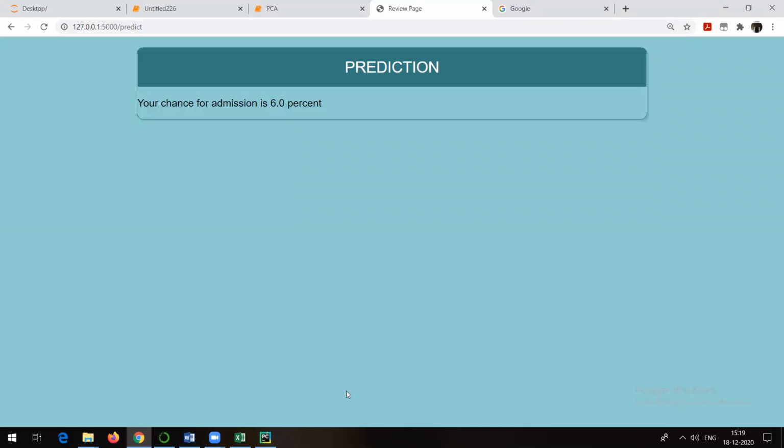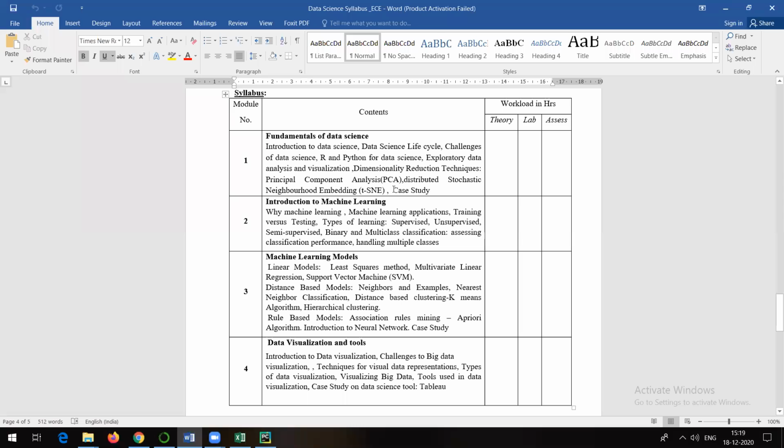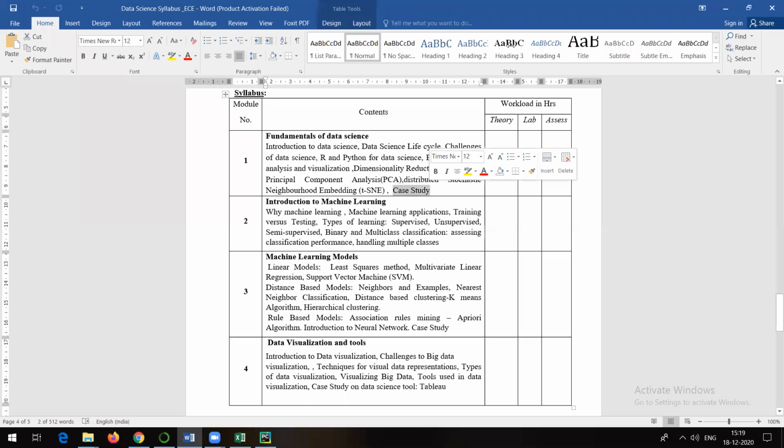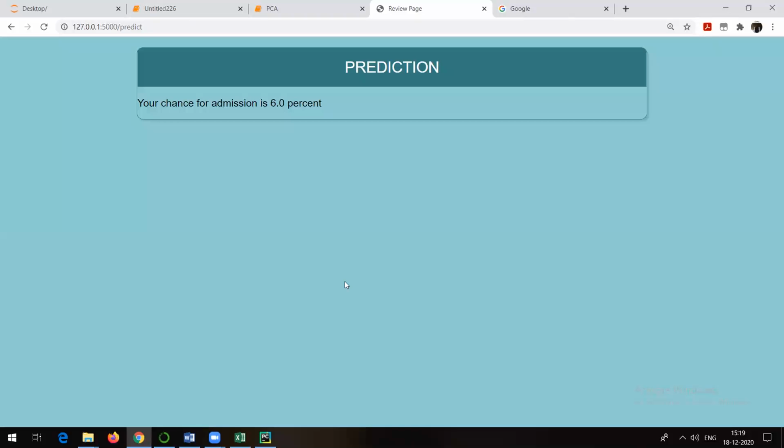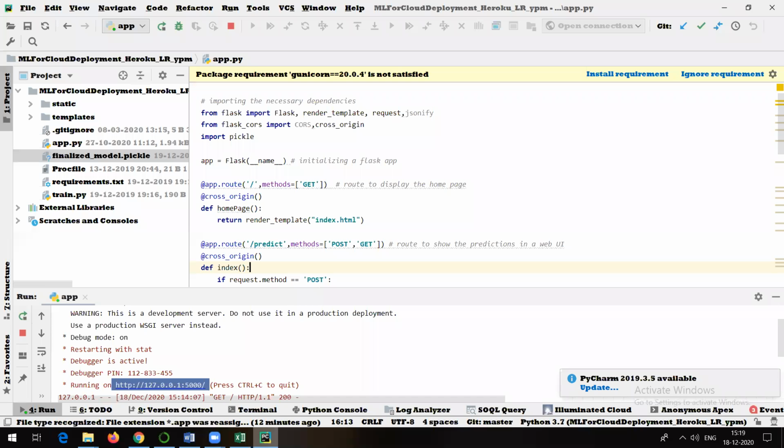I hope you people have got a basic idea here. What was the problem statement? That was a simple case study I tried to talk about, in which we are using linear regression. But don't worry, I haven't talked about linear regression yet. Whenever I talk about it, this will definitely become clearer. Okay, guys, I hope everyone has got a basic idea about all this. So I will just